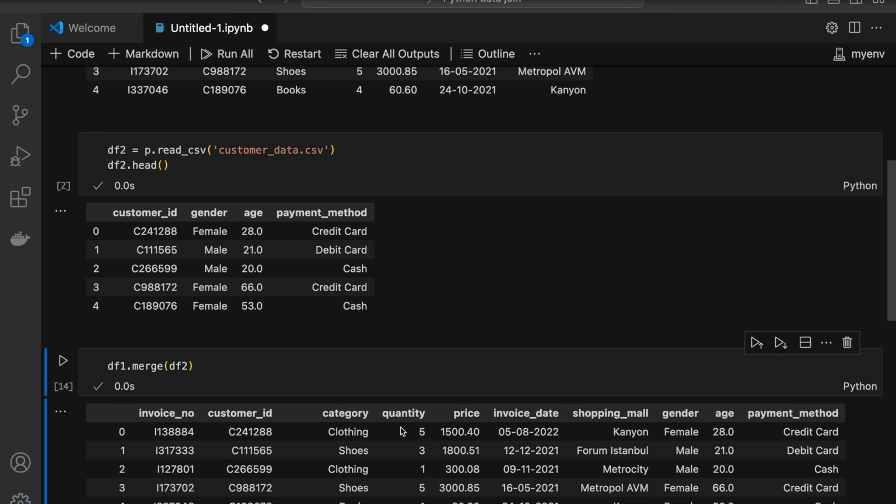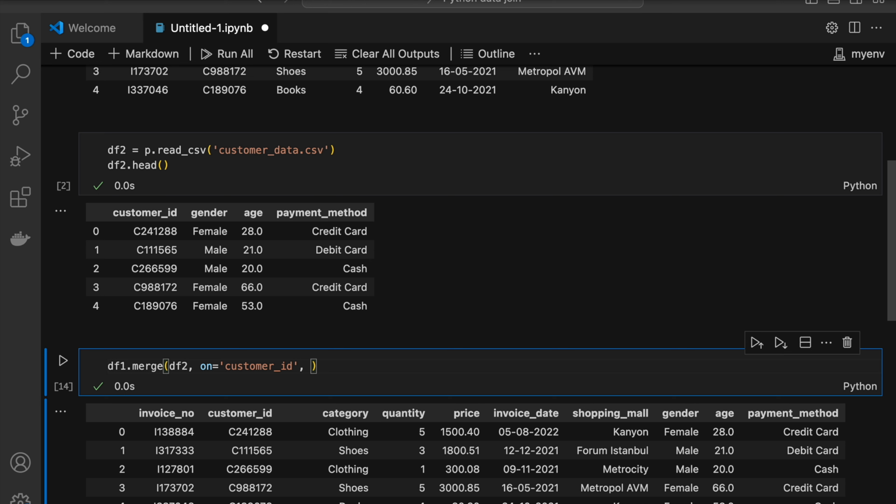Yep. You are able to see we have been able to join both of these data frames. By default, it is joining on the basis of inner join. And since we have not mentioned the column on which we want to join, it has automatically found the common columns and did the join on that basis. But if we want to explicitly tell on which column we want to join, we can do it by using the on parameter, and here we can specify which column we want to use,